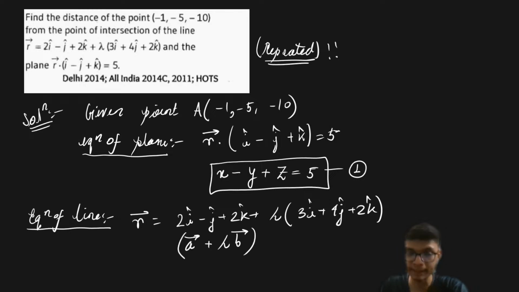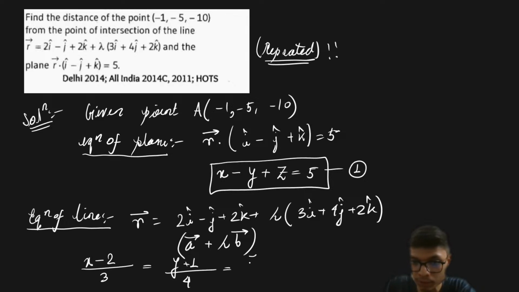So b vector is the direction vector of the line, and a vector is the position vector of any point lying on the line, right? From here we can write this equation of the straight line in Cartesian coordinates as (x minus 2) by 3 is equal to (y plus 1) by 4 is equal to (z minus 2) by 2,